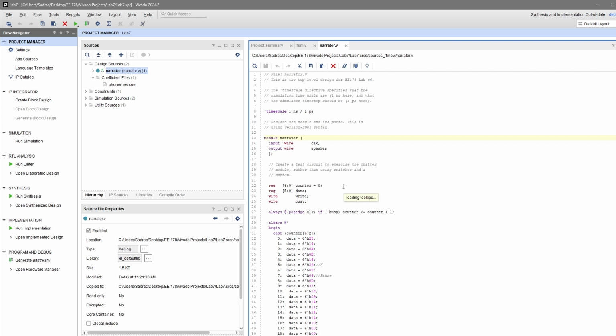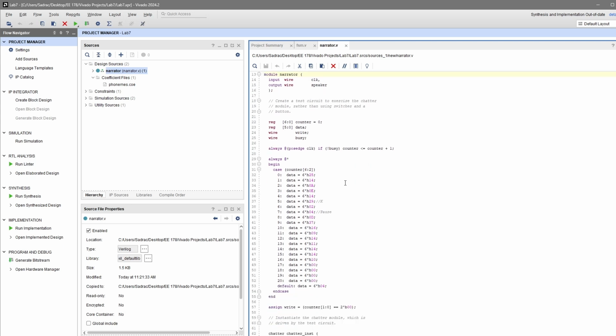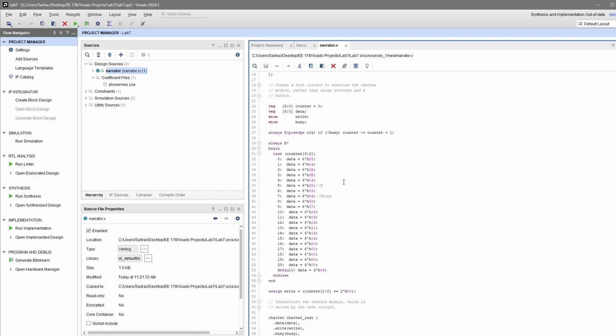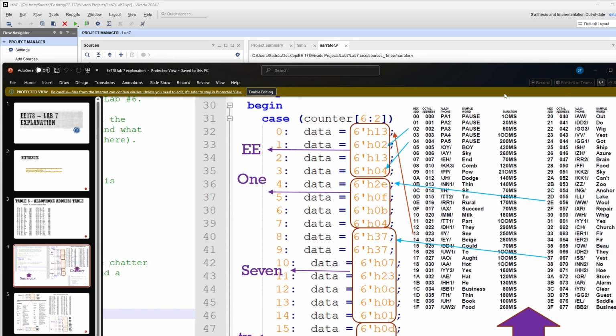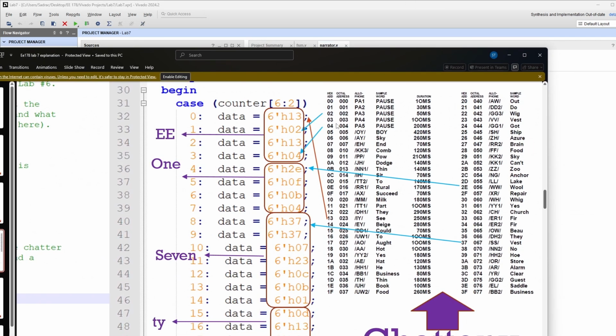This is the main file that we will be using to essentially allow chatter to be incorporated, and where I was able to pronounce my name by referencing this here, and by its respective hexadecimal value